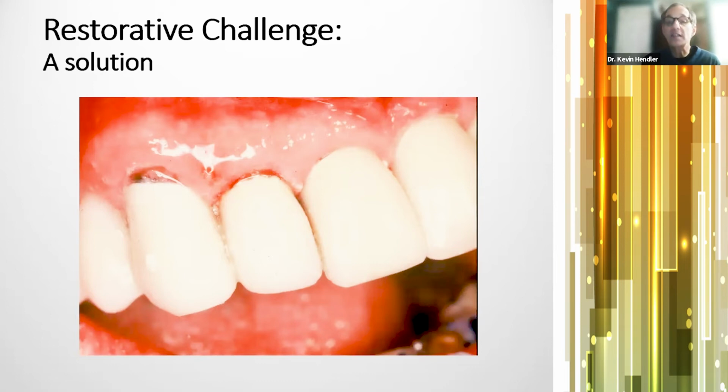Now, patient selection is important. You're not going to do this on bruxers, but on a lot of the patients that I have that don't bite that hard, or if the tooth is not in occlusion, this works really well, and it's a quick way to do it. And again, expectations: I tell the patient, or the care provider, this is what we're going to do. There's a chance it may not work, but hopefully it will.